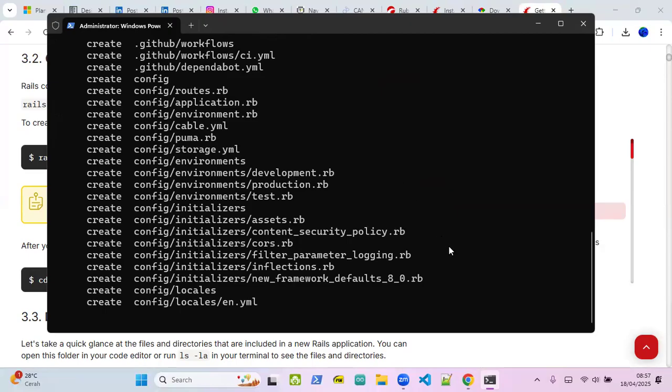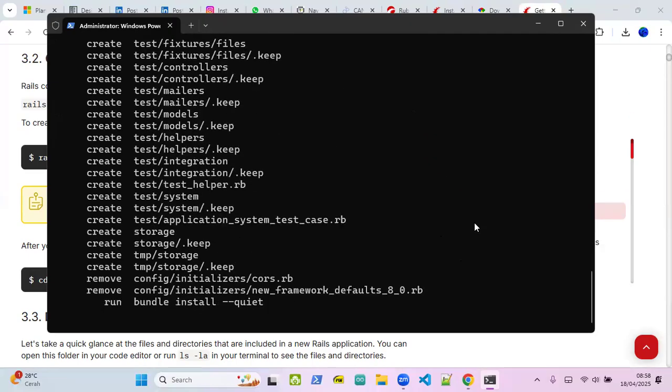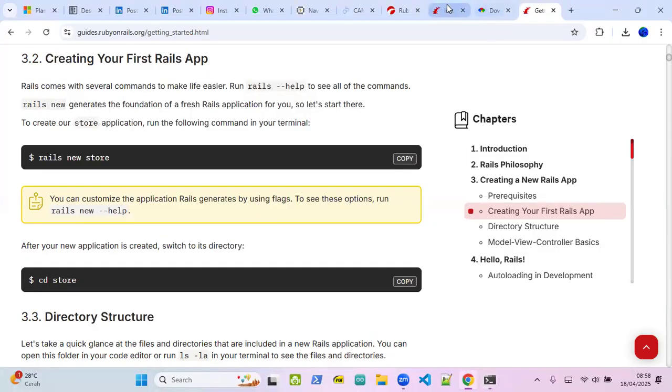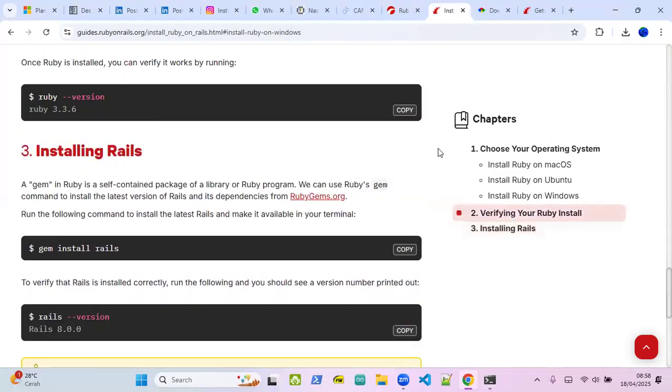Okay, while we are waiting for the installation to complete, I'm going to share a little motivation on why I make this documentation video, because there are a few differences in how we install Ruby and how we run the Rails application. Okay, I am going to move to the documentation again. So if we are